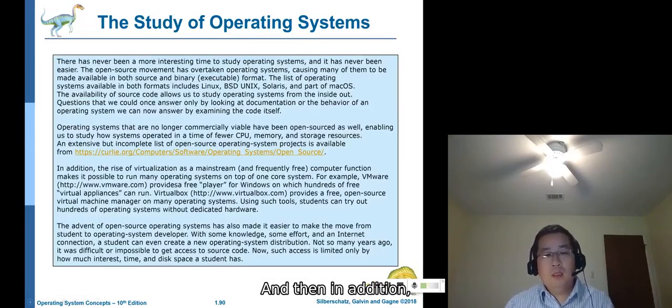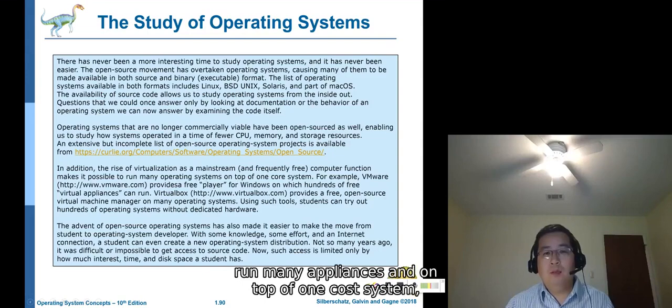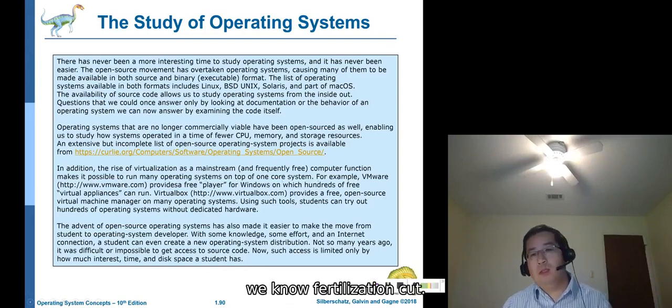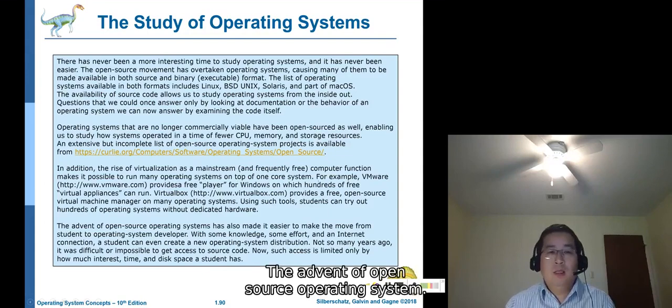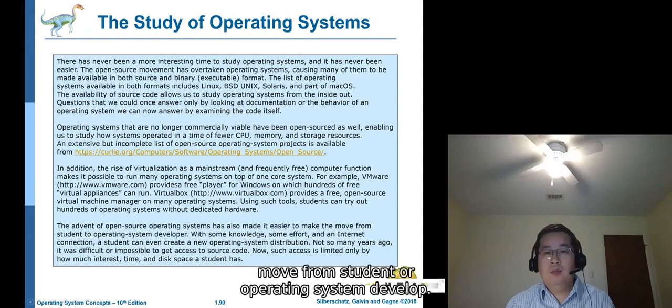In addition, the rise of virtualization as mainstream and frequently free computer function made it possible to run many operating systems on top of one core system. We know virtualization. The advent of open source operating systems has also made it easier to make the move from student to operating system developer.